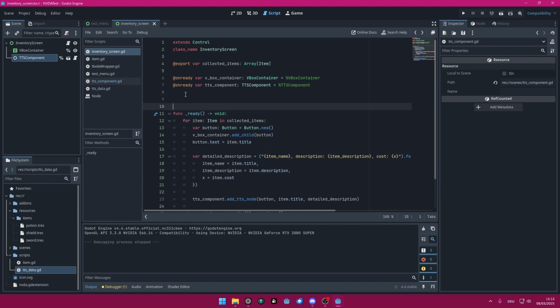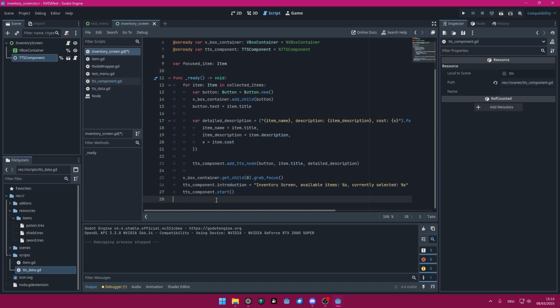So we create another variable which is called focused item, which is of type button, because that's what we are focusing on. No, actually we want to focus on an item. We are focusing the button, but we want to store which item is currently focused on,